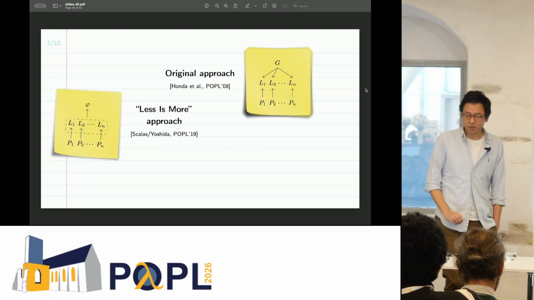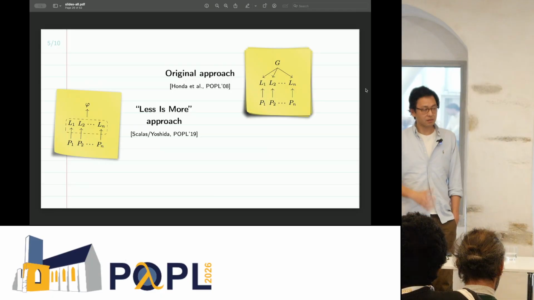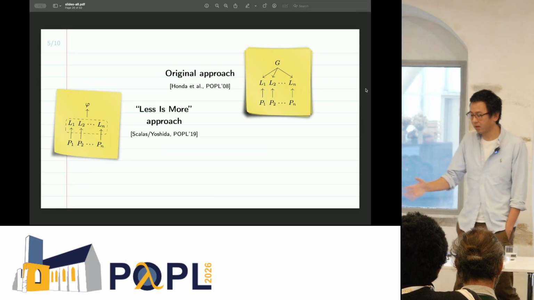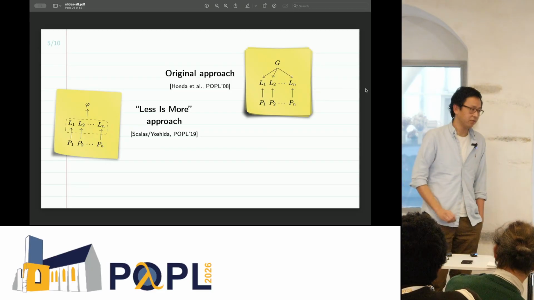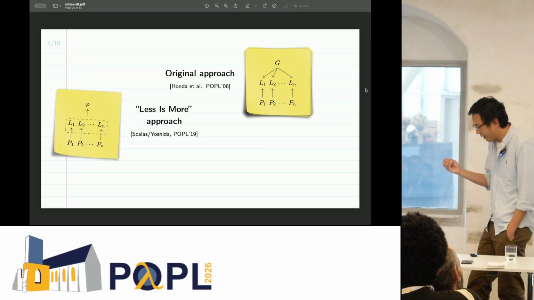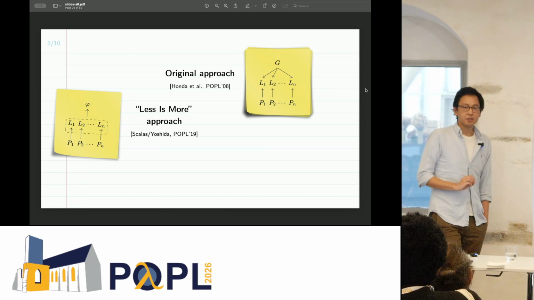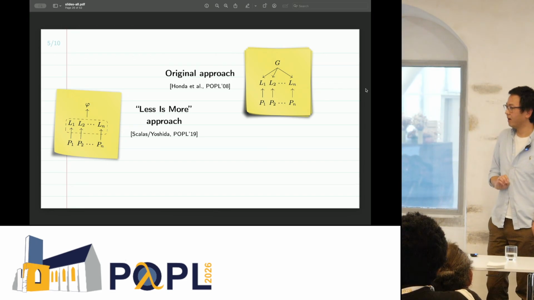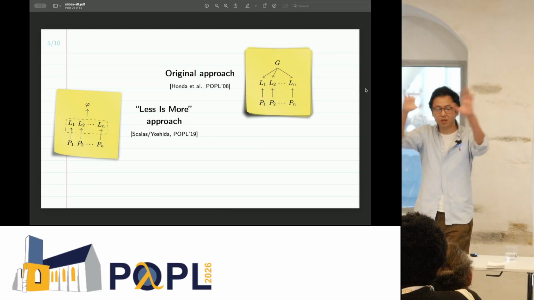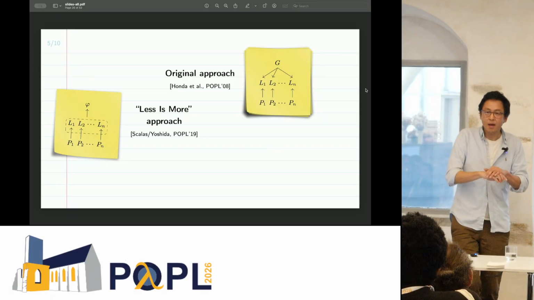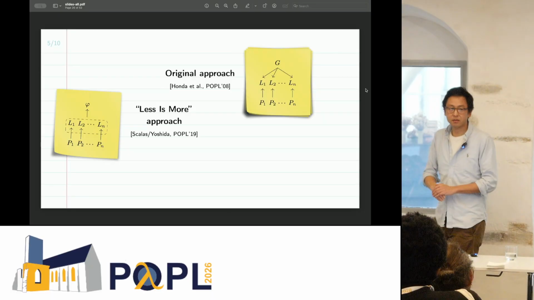And I will call this approach the less is more approach, because the title of this paper is Less is More. So colloquially in the community, when you talk about the less is more paper, then it's generally understood that it's about this paper. Okay, fine. So the idea behind this less is more approach is that given this observation that projection does not entail phi, why would we do projection at all? Right? Can't we just skip this whole layer of global types and projection and do everything completely in terms of the local types? And that is what Scalas and Yoshida propose.